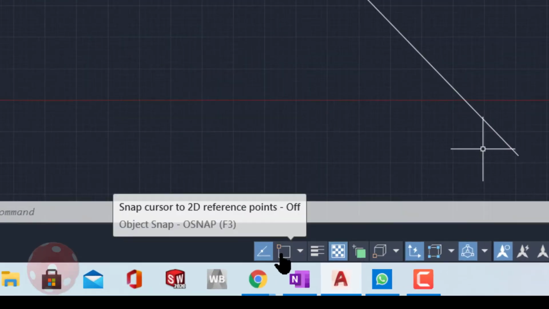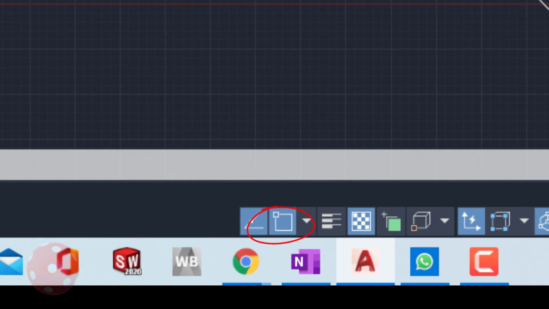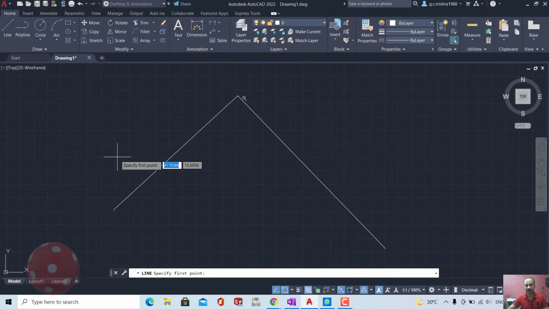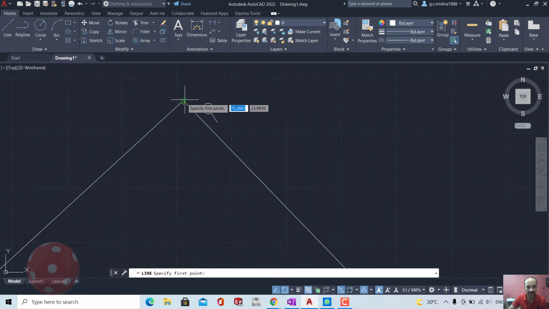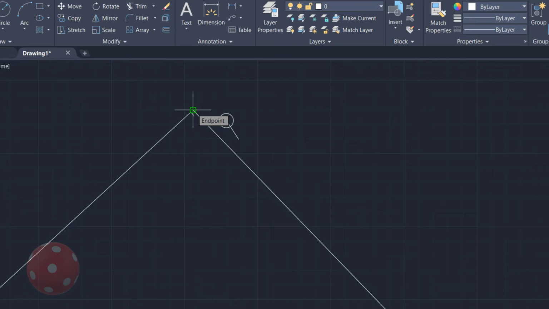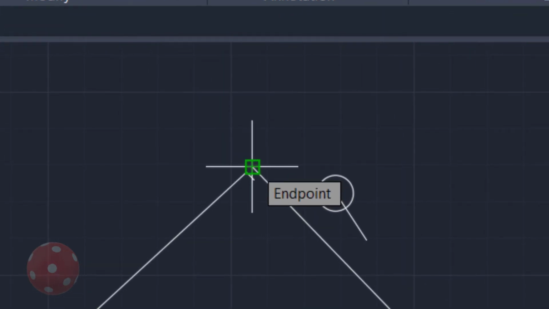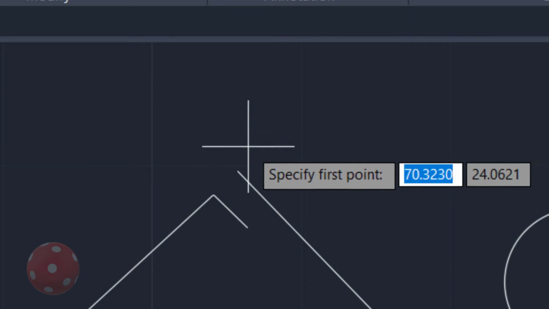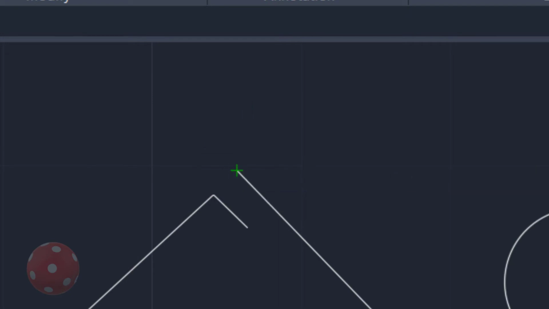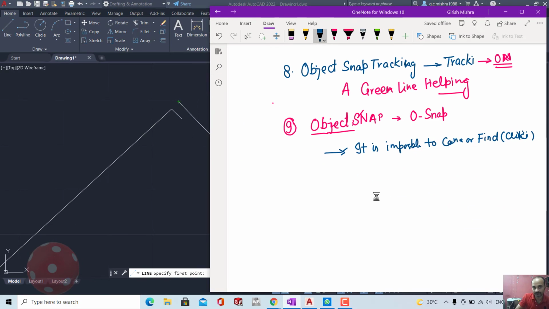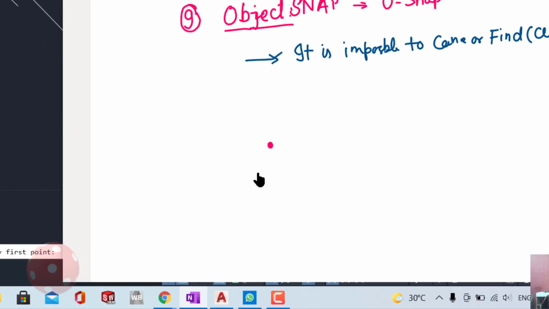If I turn on this object snap and once again I go to drawing a line, then when you go to here, a green color rectangle will be appearing. It means there is a point. If I want to show you outside AutoCAD, if it is a point, you cannot grip it. But if I create a rectangle around it,